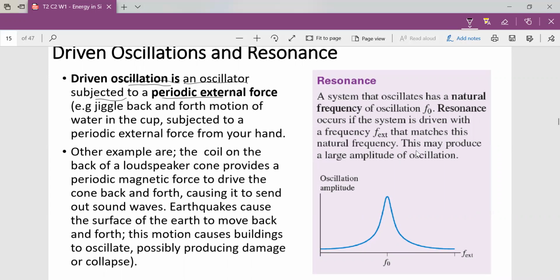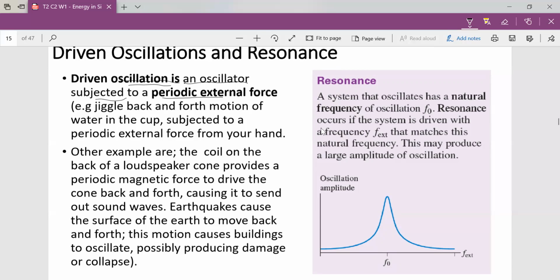Okay. So how does this relate to resonance? We will also see it in detail as we progress. Because we make mention of driven oscillation, and we have made mention of periodic external forces, we want to quickly establish that for resonance,